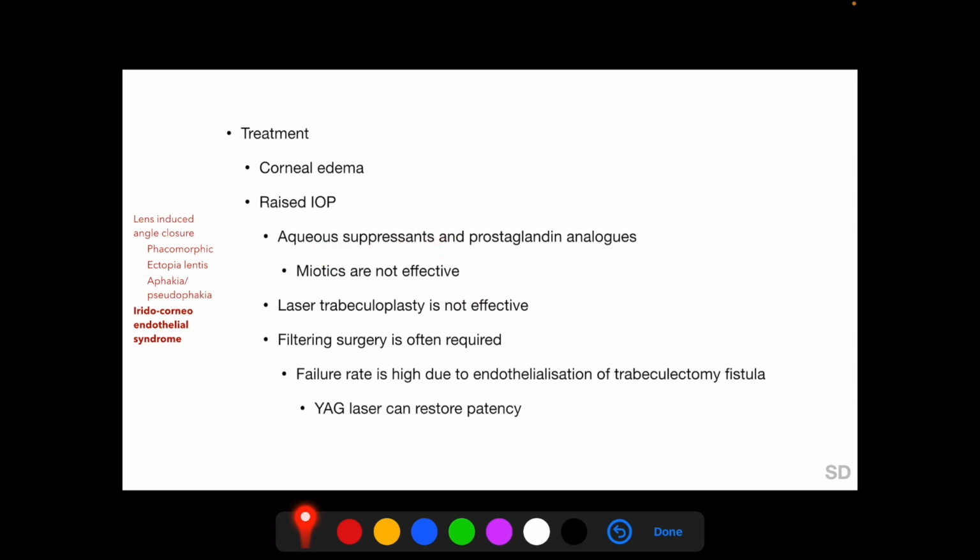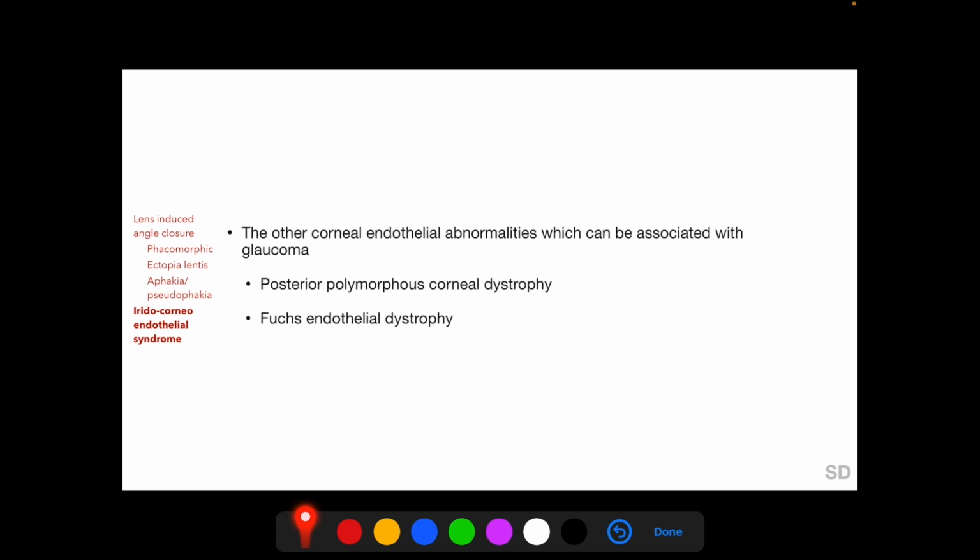And when medical therapy fails in ICE syndrome, which is quite common, filtering surgery is required, but failure rate with trabeculectomy is quite high due to endothelialization of the trabeculectomy fistula, which occurs due to migration of the abnormal corneal endothelium into the trabeculectomy fistula. But it has been shown that YAG laser can restore patency of a trabeculectomy fistula blocked by endothelialization. The other corneal endothelial abnormalities which can be associated with glaucoma include posterior polymorphous corneal dystrophy, in which only a small proportion of patients can develop angle closure, and Fuchs endothelial dystrophy, which has been found to be statistically associated